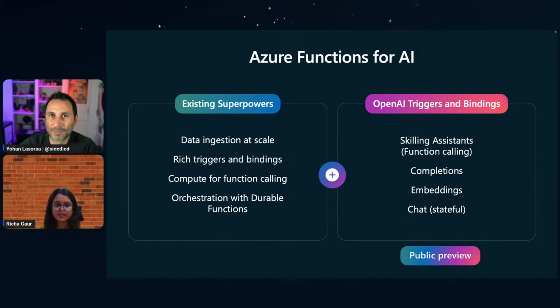Now, this is where it gets exciting. Azure Functions meets serverless. With its existing superpowers on the left, you have scalable ingestion, a wide variety of triggers and bindings, compute for function calling, and Durable Functions for managing complex orchestrations. And on the right, this is where you get all the superpowers for AI. With the Azure OpenAI extension on Functions, you get